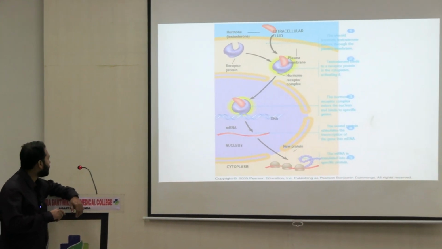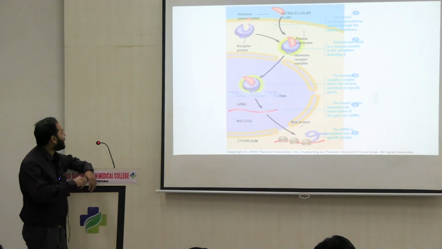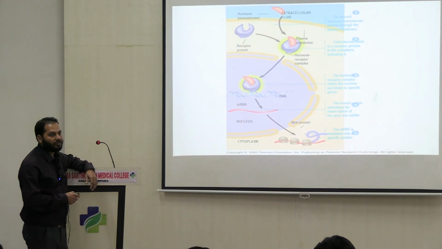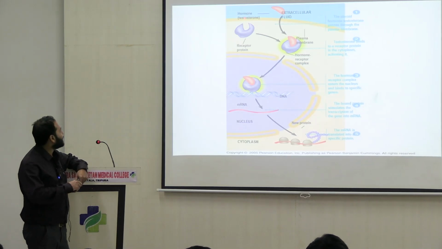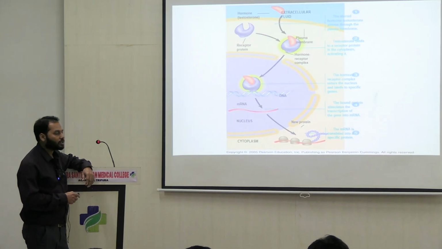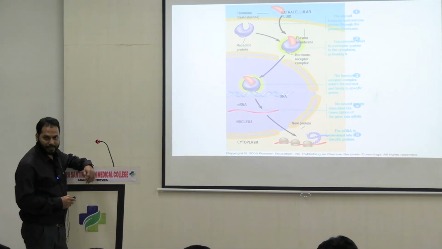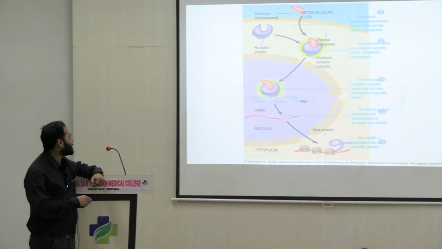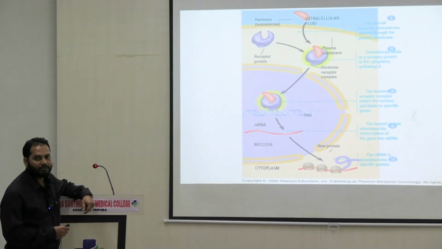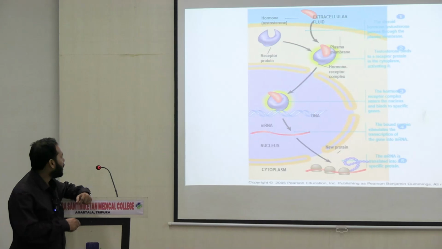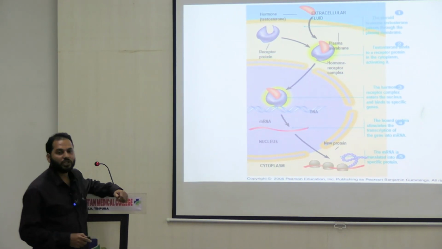In the first part you can see this is the receptor protein, and these receptor proteins are not present in the extracellular phase. It is present in the intracellular part of the cell, and there is a cap for the steroid hormones, and in this cap the hormone binds and forms a complex first. Once it forms the complex, it enters into the cell nucleus to bind to a specific site of the nuclear DNA, and once this complex binds, there are changes in the